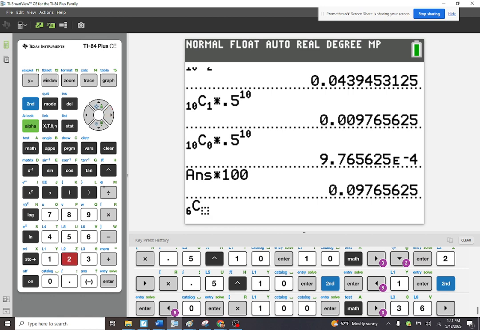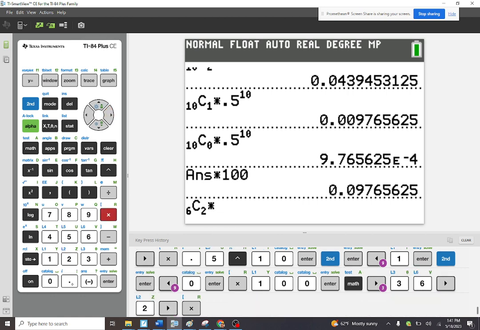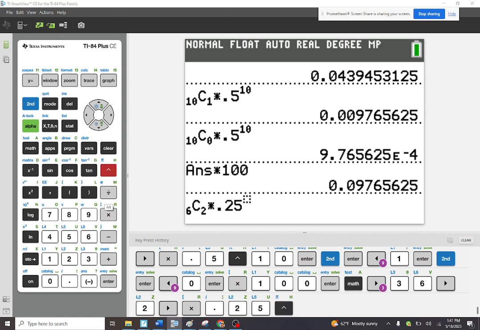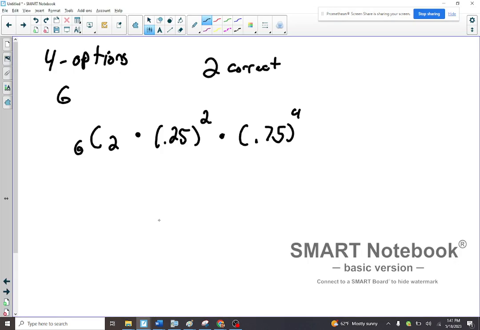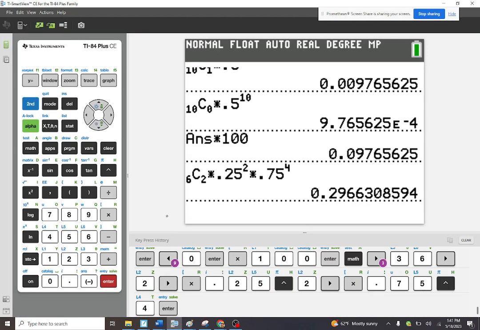So 6 choose 2 times 0.25 to the power of 2 times 0.75. Remember, you're losing, it says 1 minus p. That's just the percent you're losing to the 4th power. So it looks like to get exactly 2 out of the 6 questions right, he has a 29.7%